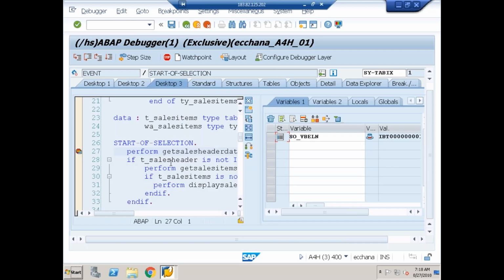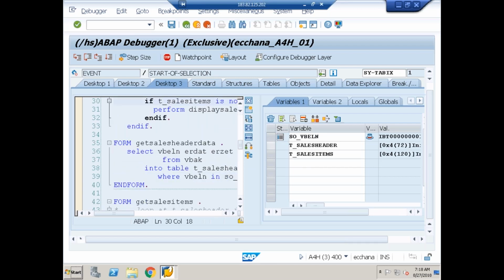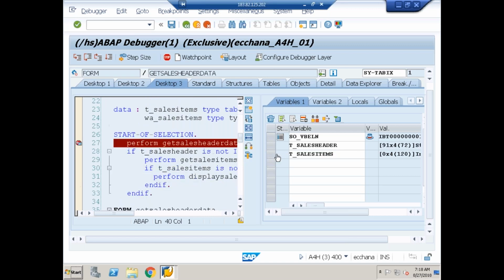We have two internal tables, T_sales_header and T_sales_items, both are empty. So first I'm calling this subroutine. Based on my select option range, I'm getting the header data into the header internal table. So when I say F5, I got 91 records from the VBAK table. Done. If the header data is available, if this internal table is not initial, not empty, not blank, I'm calling